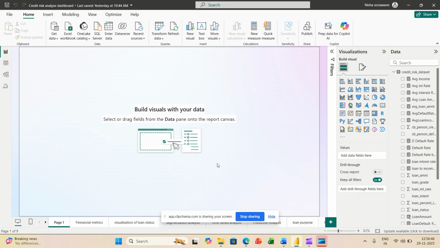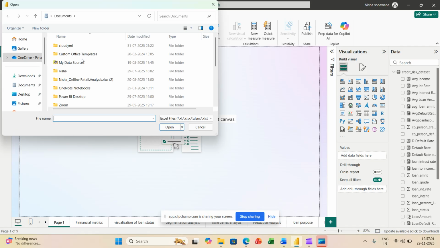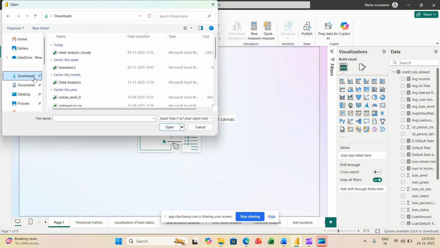Straightforward to start with our data, how to import the data. For importing data, you just click on Get Data. If your file is in Excel workbook, click on the Excel workbook. Select your file. I selected my file here.